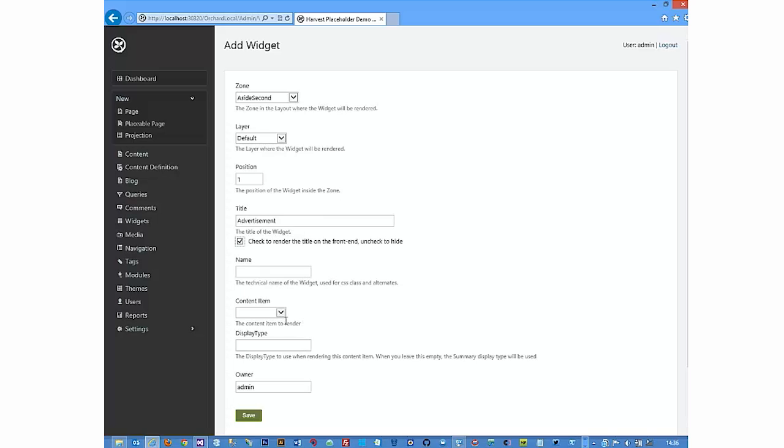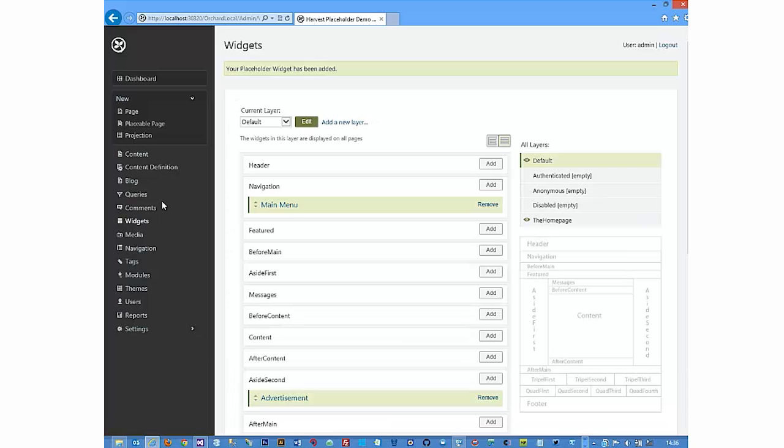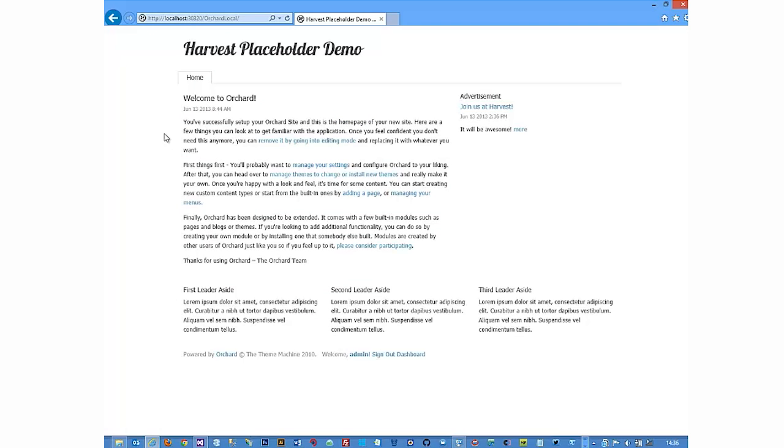And here, this is our drop-down list we just created a view for. And it's rendering the only content item which has the placeholder part, advertisement. And let's leave this empty for now. Let's check it out. And there you go. Now we have a widget which we can use to render any content type, not just placeholder page or placeable page. We could, for example,